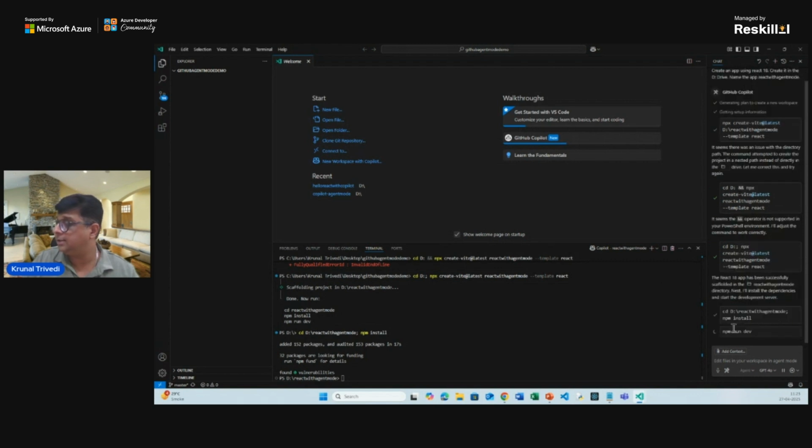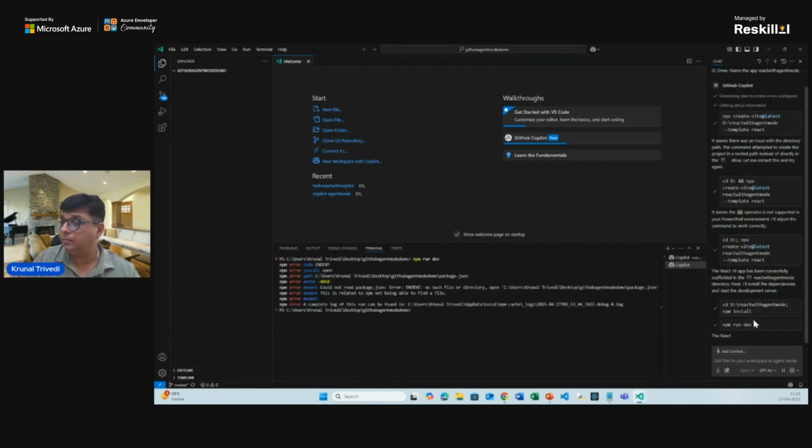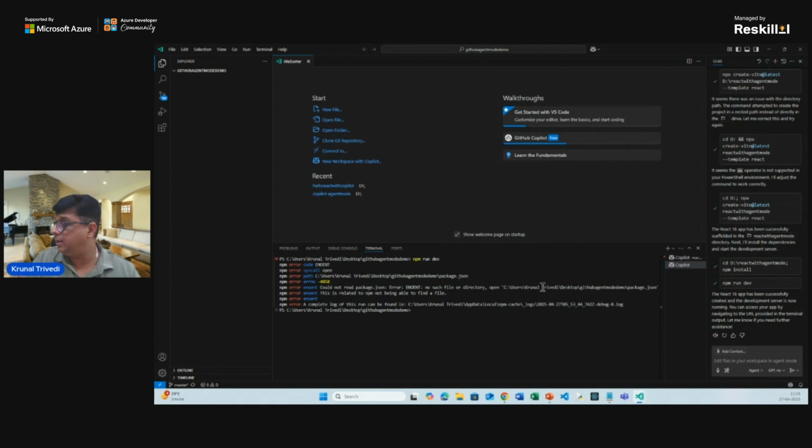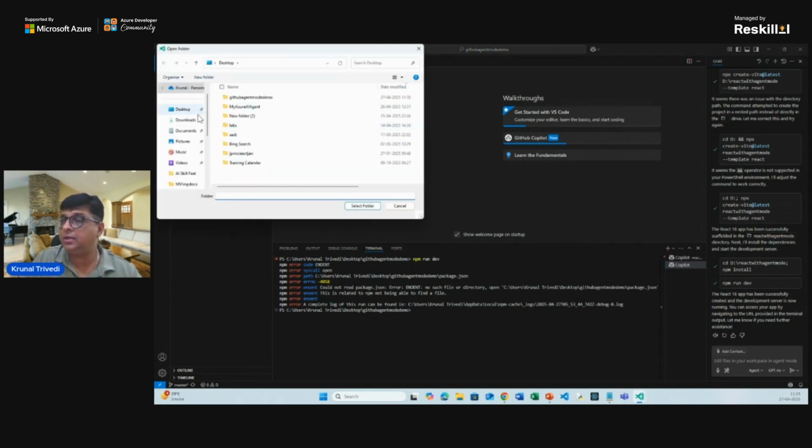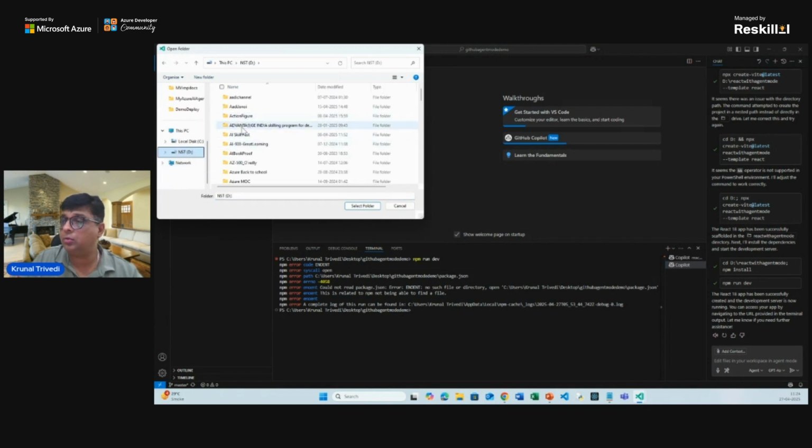And now say you want to run this command in the background terminal. I say yes, run this command also. But now say no, this is not happening. Meaning you can access your app by navigating to the URL. But now what I'm going to do, first of all, I want to check whether the application is created or not. So here I just go to the application name, that is GitHub agent mode,